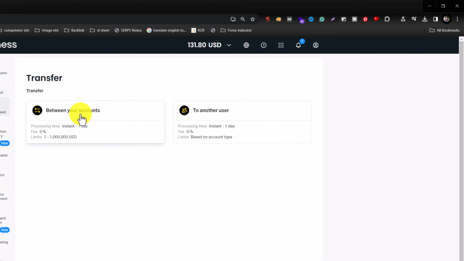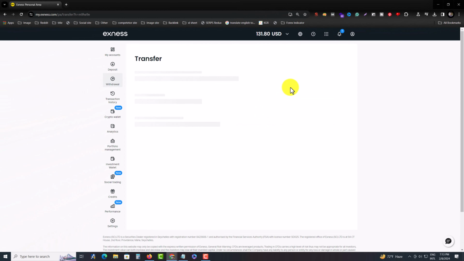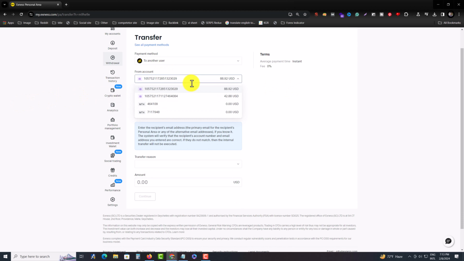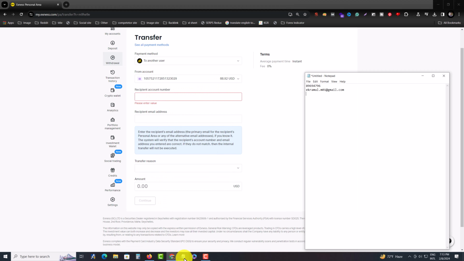and then you have to select between your account or another account. This is my other account, so I have to choose another user. Now you can see my different IB account. I want to transfer money from this IB account, so I am selecting this one, and you have to put your